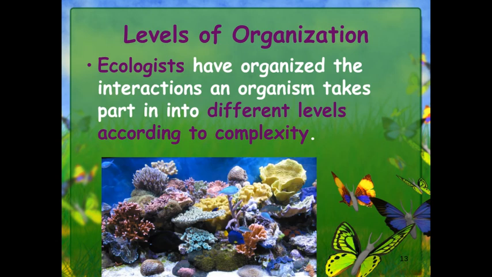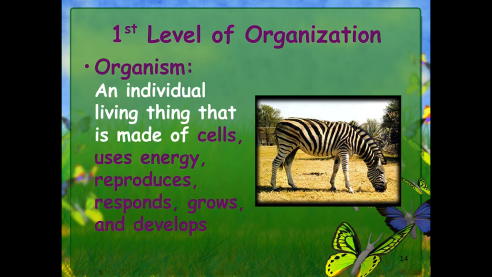So this says here that ecologists have organized the interactions an organism takes part in into different levels according to complexity. So that's what we're going to continue to go through. So we have an organism, which is just one living thing. We have one zebra here. It's living, it's made out of cells, it needs food, it grows, it develops, it interacts with different things in